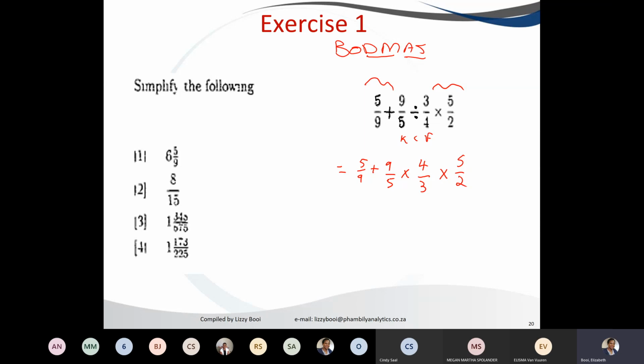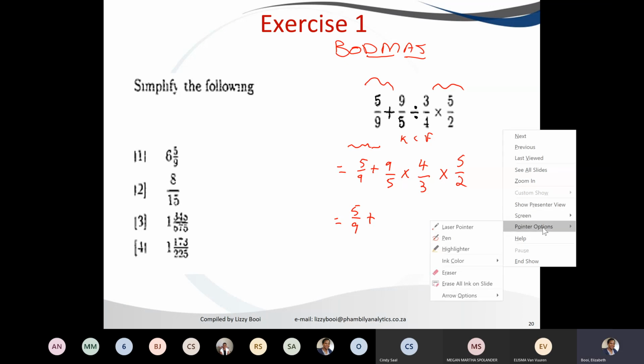I hope everybody got it up to that point. So now we have multiplication and addition. Multiplication comes before addition, so this part we leave as it is for now. We don't do anything to it. So it will be 5/9 plus, and we only work with the multiplication side. So we can simplify by looking at only the multiplication